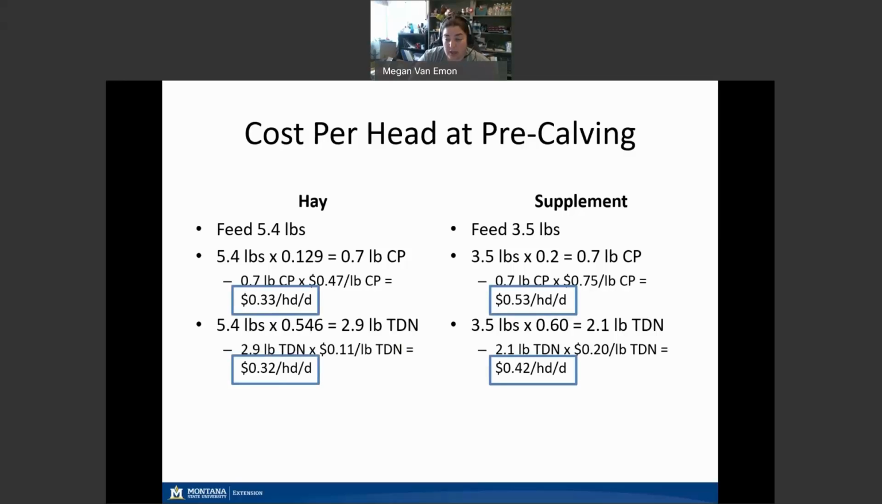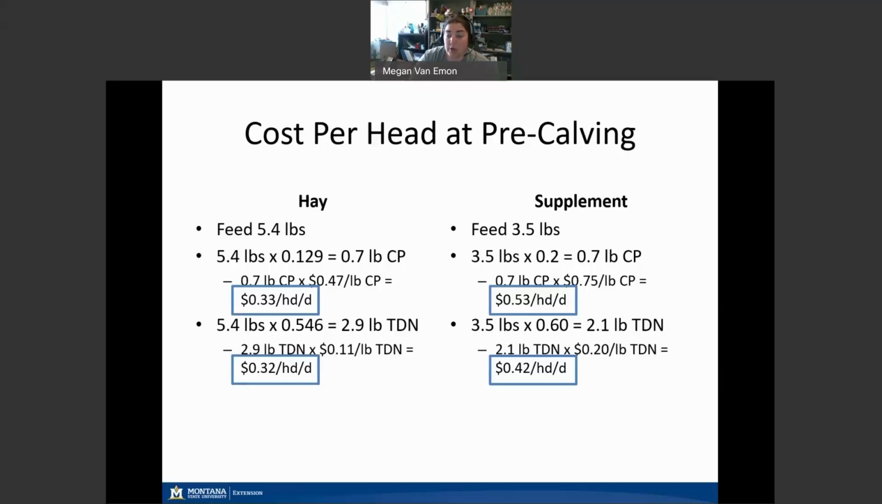Now, this is just one example. This does not mean that hay is always better than a commercial supplement, but also don't underestimate the power of a good quality hay for a supplement to meet those protein and energy needs if it is more cost effective or less labor intensive than your commercial supplements. So this is why we break everything down on a cost per nutrient basis, and then